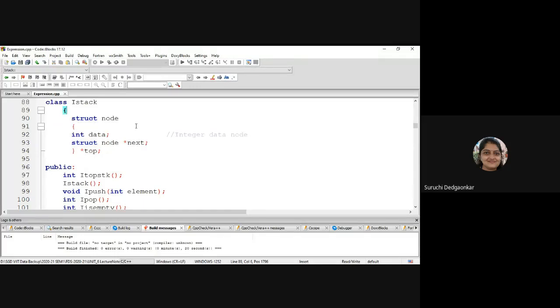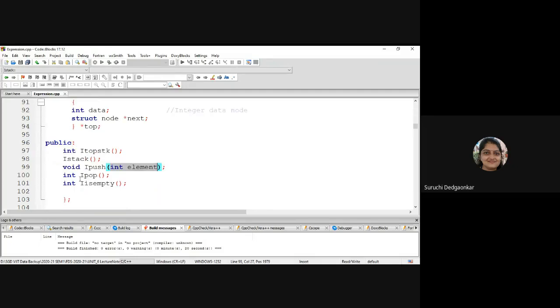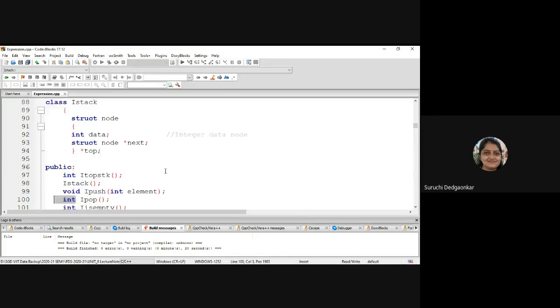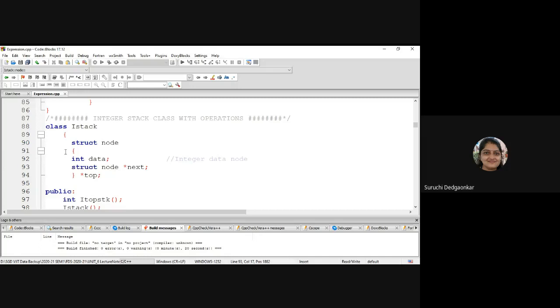The operations are the same in both, but the only thing is here the data is an integer. So push will also have a parameter which is an integer element, and pop will return an integer element. That will be the difference between both the stacks. Struct node, int data, struct node pointer next, and its variable is pointer top.